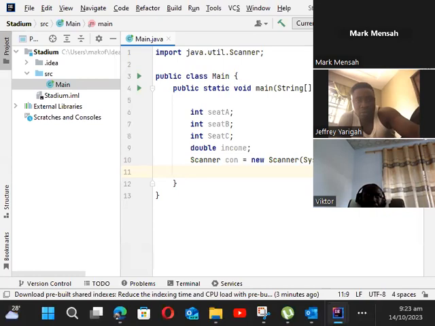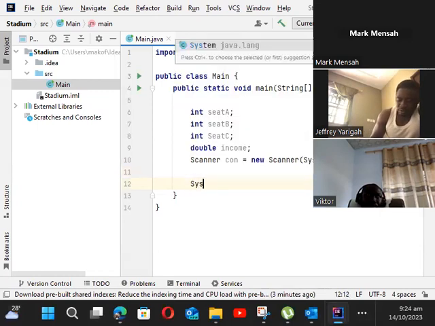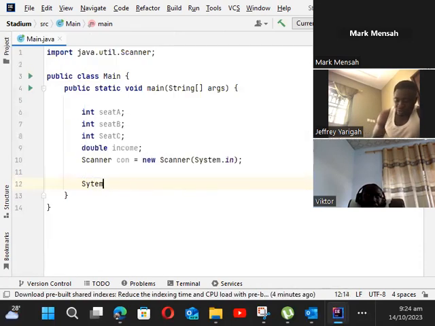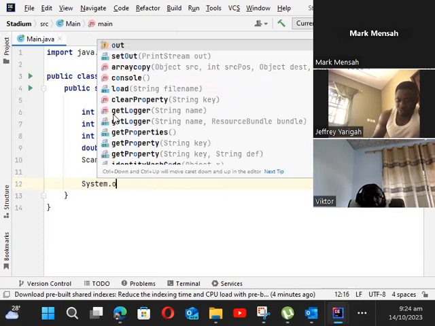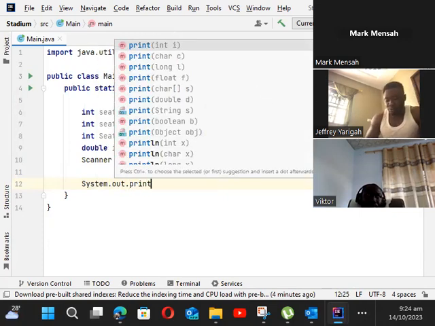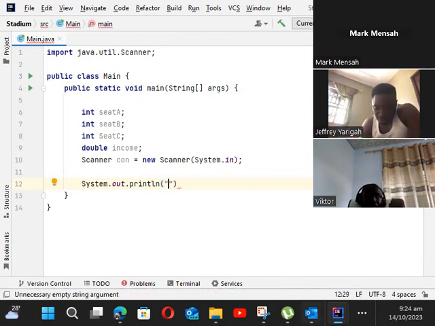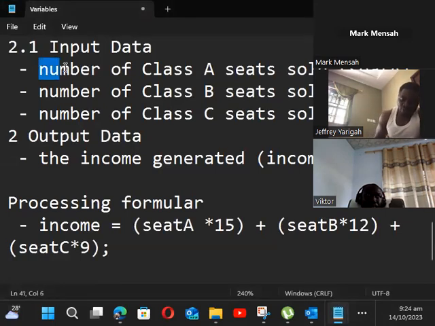Now, I can ask and what? Receive. Why? Because I have something to receive it in, and I have the thing I would use to what? Receive it. That is the scanner class. So now I can go System.out.println. Let me cheat a bit and copy this one